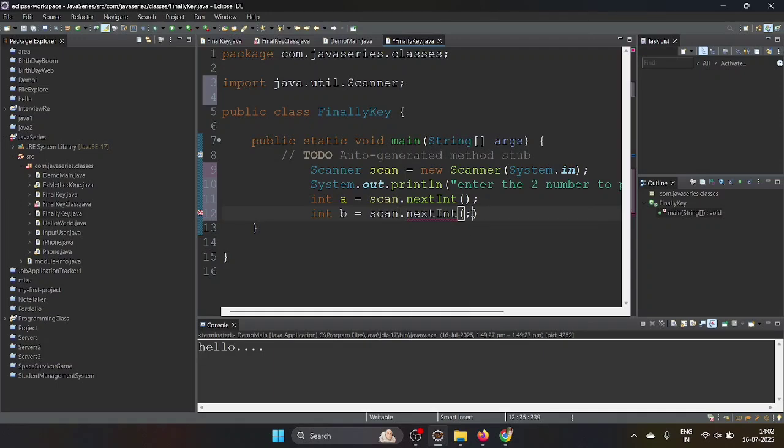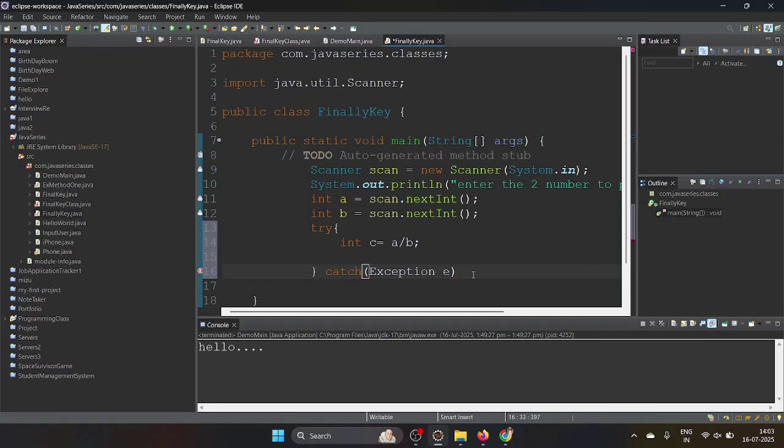Okay, then we will do one thing. Here we will take an int, and we are going to make use of the try block. Inside it, int c equal to a by b. Then here a catch block with Exception